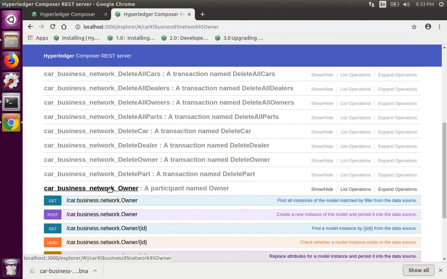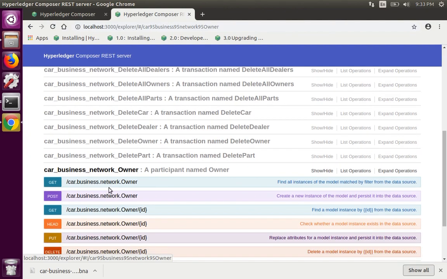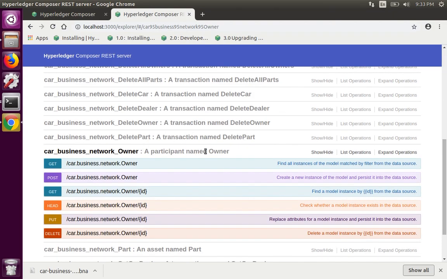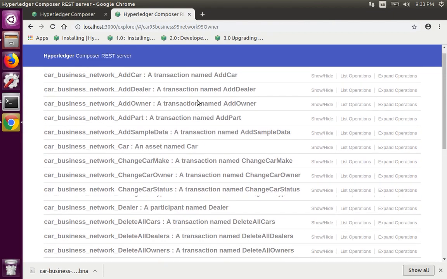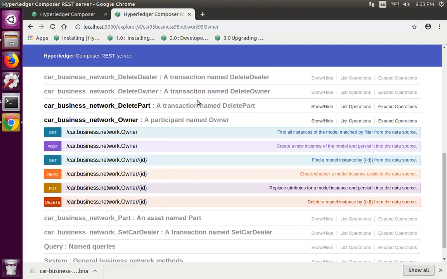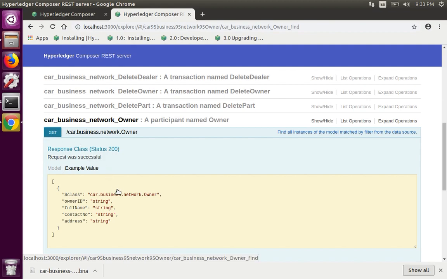So owner as a participant, yeah, here is a participant. The rest are the transactions. The owner is the participant, so I'm going to use the owner participant. Let's see. Over here we have the get, post, head, put, and delete, and these are all based on ID, like the get. Let's click on the get. We have some records here,